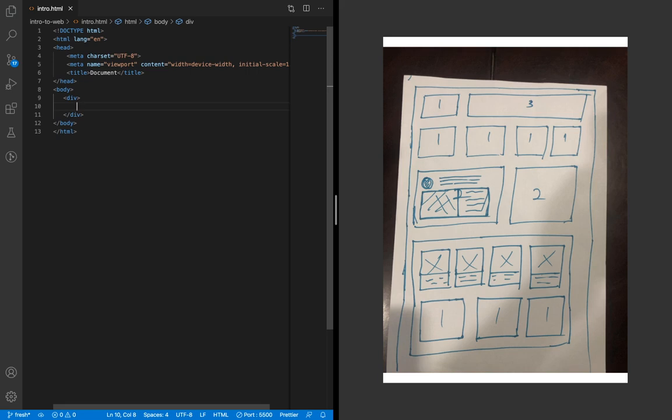So a div is a block level element. Whenever you use a div, it fills the row of the browser that you place it in. Whenever you use a div, it fills the entire row. Okay, it occupies a block. What that means is you can't have two divs on the same block without writing some CSS. Okay, essentially this is what I mean. If I write welcome and another div, say intro,